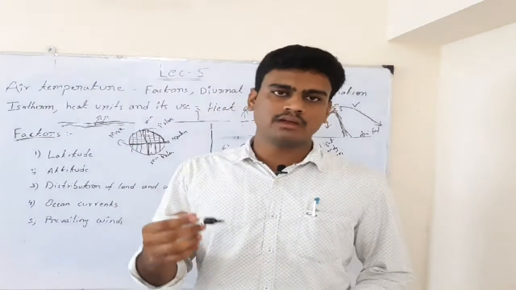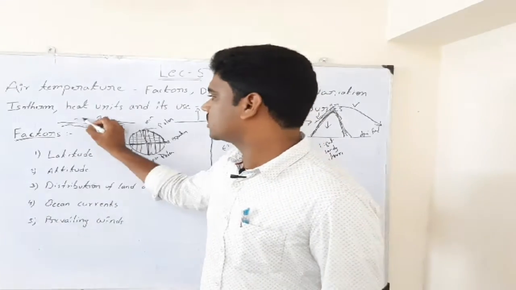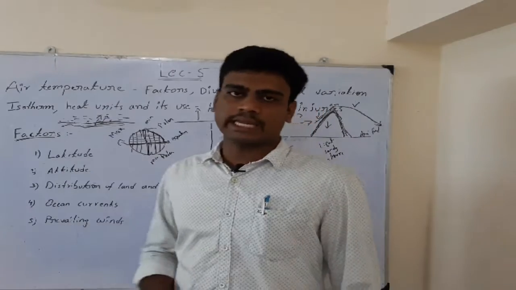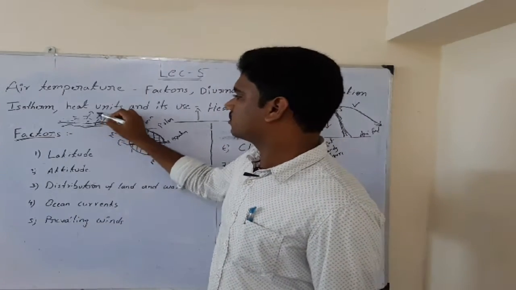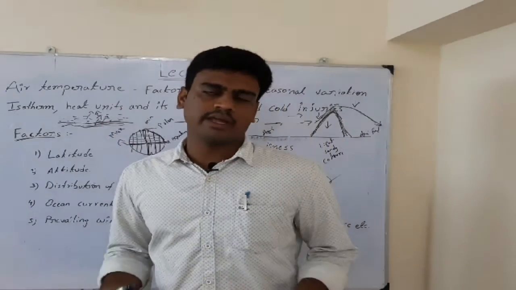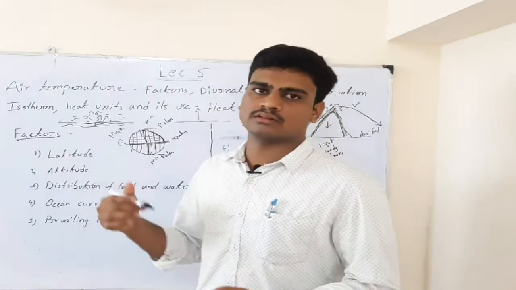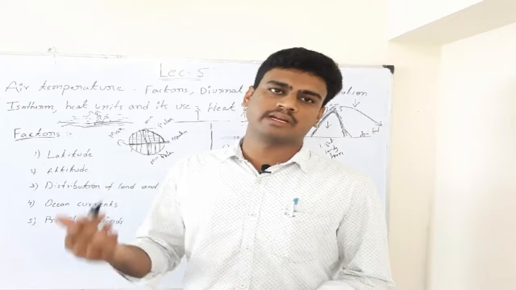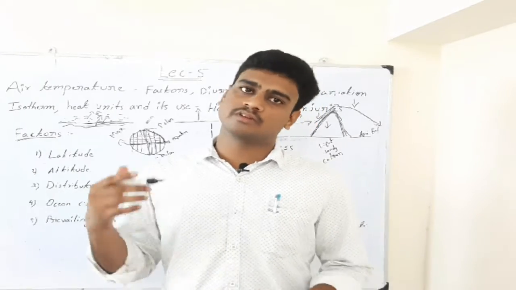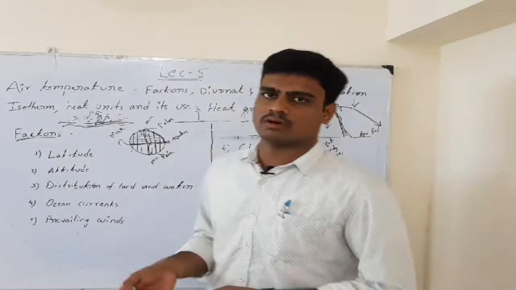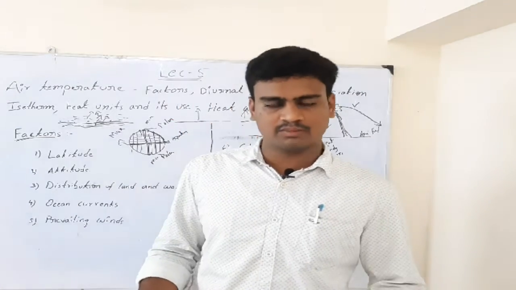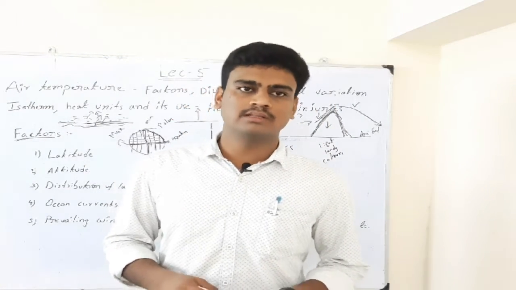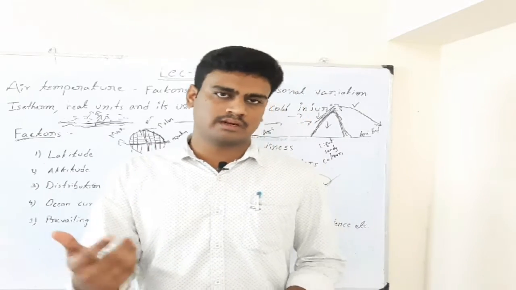So when it reflects back into the atmosphere, the surrounding air present in that particular soil will get heated. So this air also will get heated, and ultimately air temperature also will vary. If we have light textured soil, it will absorb and again immediately reflect, and there also temperature will rise. So whatever the soil condition may be, black soil will absorb a large amount of heat, and because of the large amount of heat present in the soil, that heat will be transferred into the air and air temperature will